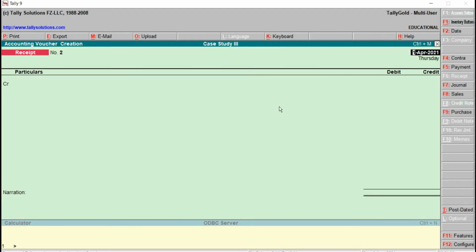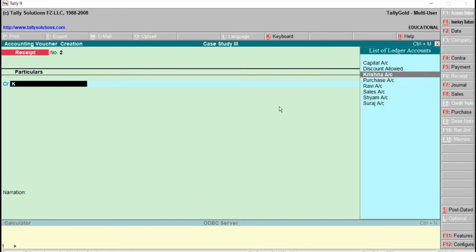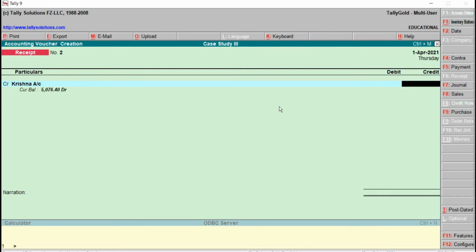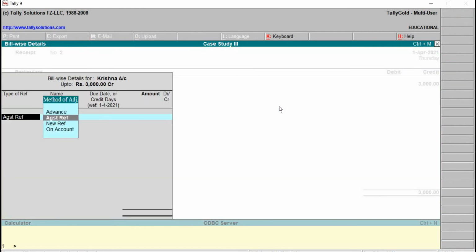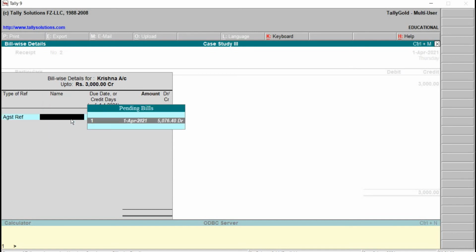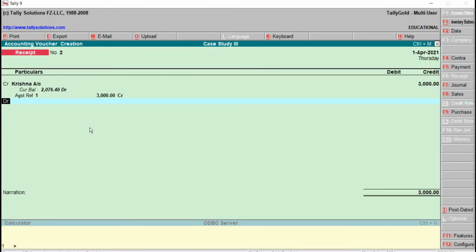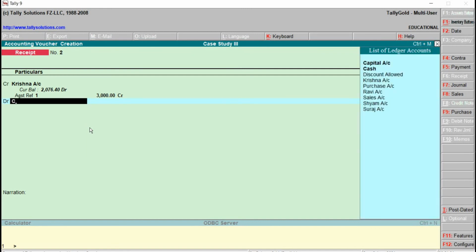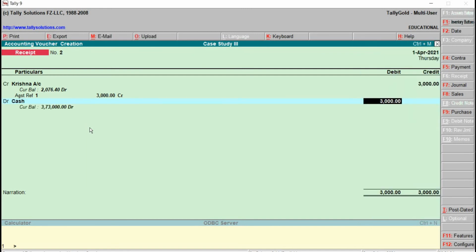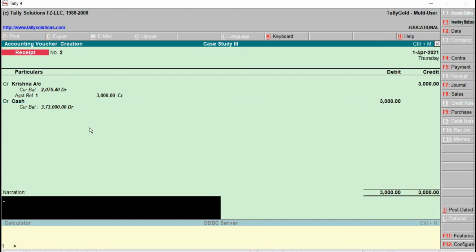Receipt voucher, then credit will be Krishna, amount is 3000, enter. This will track against the reference sales voucher number 1, 3000, debit will be cash, down arrow key, 3000. Type the narration, then save.